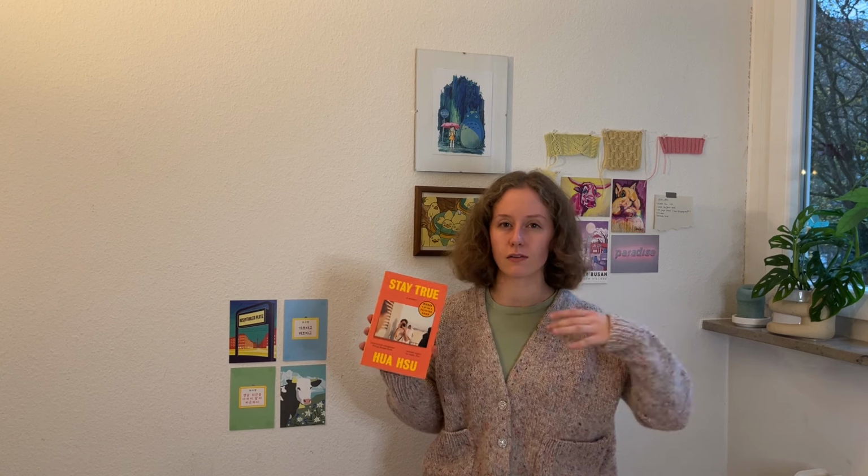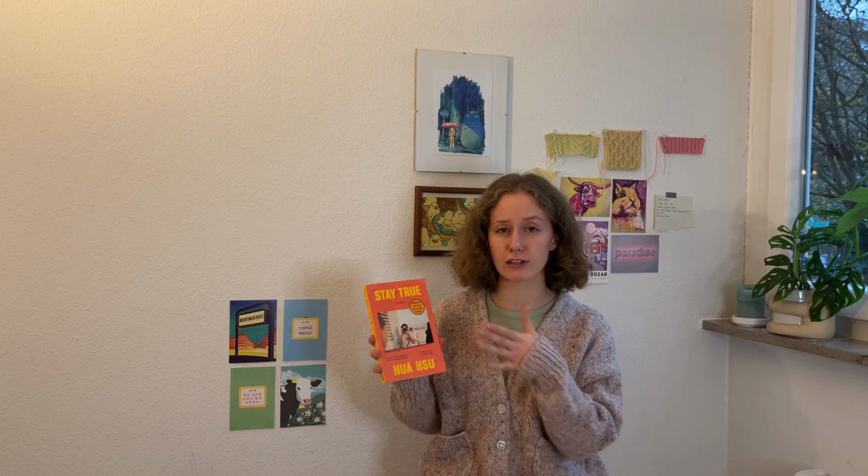Then the latter part after his friend's death, where he deals a lot with grief, was a little bit more difficult to understand. I felt like the writing style changed a little bit and became more messy and harder for me to read. Now, keep in mind, English is not my first language. Usually I don't have an issue with reading English books, but sometimes when it's a certain style, it does impact my reading, I think. So the first 2/3 I really liked, and then the last third was just very difficult to get through for me. I think that was also in part due to the fact that I just couldn't relate to it as much, because